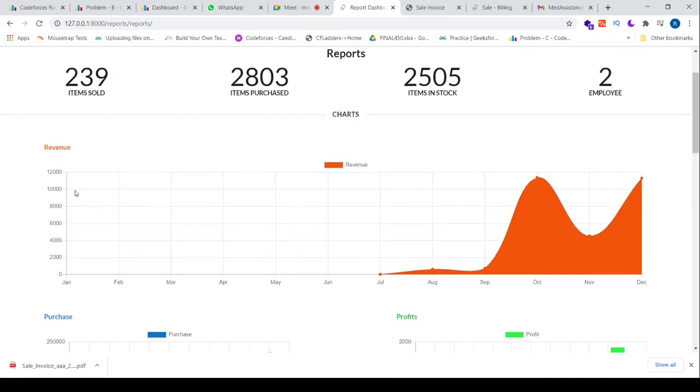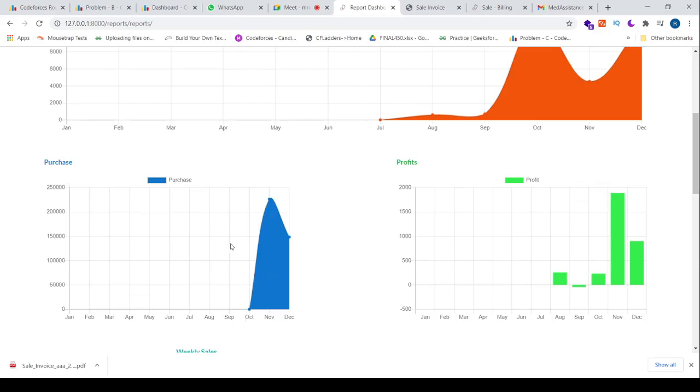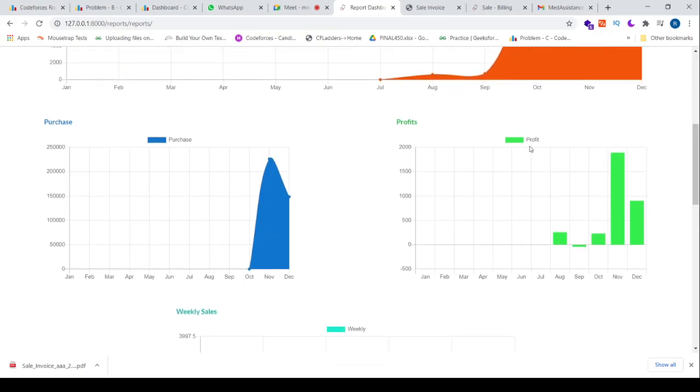So you can see it is a revenue timeline series from July to August. It tells us the trend. Now different graphs have different attributes attached to them. Like here it is profit.